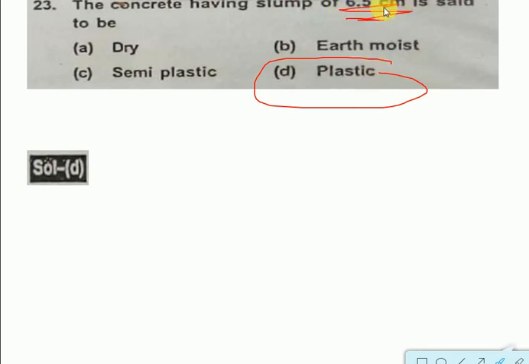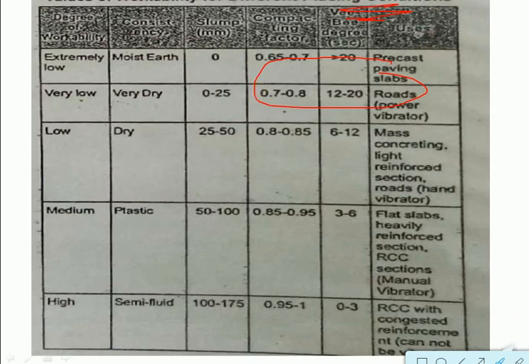If this value comes, how you will discuss, there is a tabular column for this one, right? You can see the tabular column on your screen, right? So first one is the degree of workability, second column is consistency, third column is slump value, right? What are the different slump values? For that they have given some degree of workability, and the third one, that is a compacting factor, and VB degree or VB seconds, and the users, right? So these are the total 6 columns here.